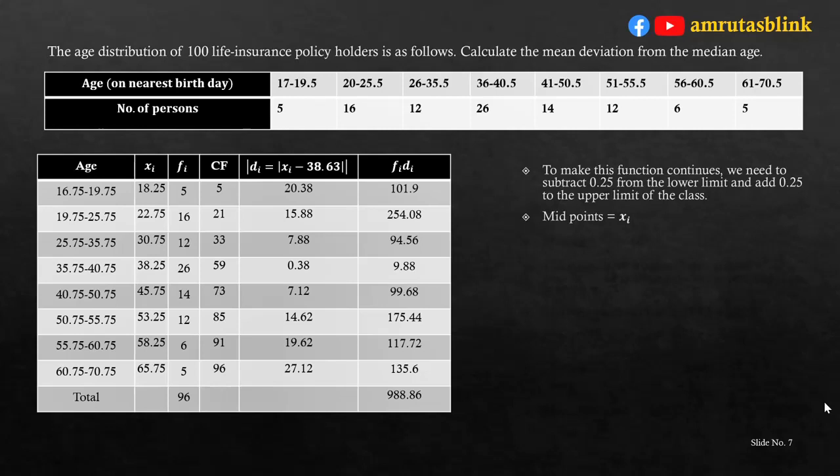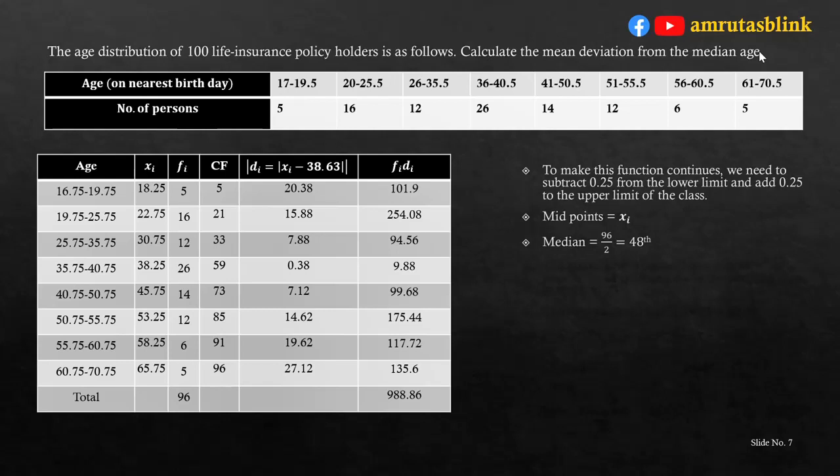Now, we will find out the middle values of all these classes. So, in the second column, we will write down the values of xi, that is midpoint of the classes of age. Now, what should be the midpoint? How to calculate the midpoint of each class? So, you need to find out the mean of lower limit and upper limit. So, for example, for the first class, it should be 16.75 plus 19.75 whole divided by 2, which will come to 18.25. Similarly, for the second class, 19.75 plus 25.75,